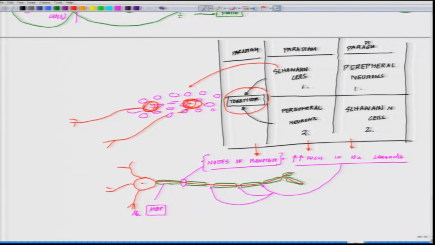You have to identify the nodes of Ranvier by specific antibodies against sodium channel, and at these nodes of Ranvier there are different nodal proteins, and you have to get the antibodies against them to make a claim that you have achieved this. And on top of that,